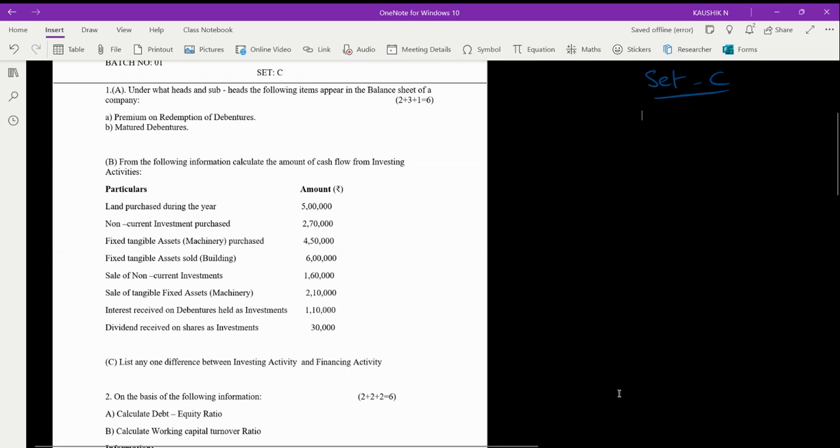So write set C. And now first question. They asked you to do under what head and subhead the following items will appear in the balance sheet of a company. The first item is premium on redemption of debentures. So you can write in such a way, for example, you can prepare a table. This is 1A. Write the question and then the answer can be in such a way, like serial number,